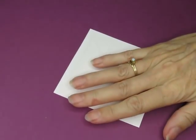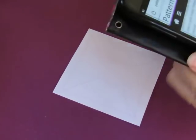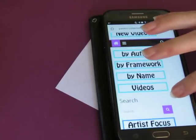Oops, I left my light on. I need to turn this off. Pardon me, left my light on from the last one. We're gonna go over here to